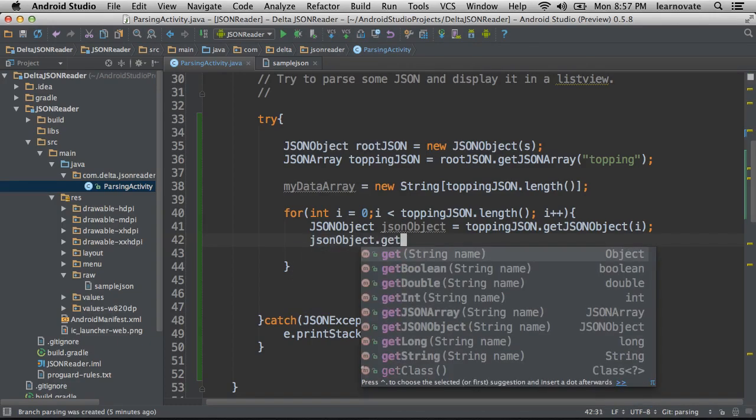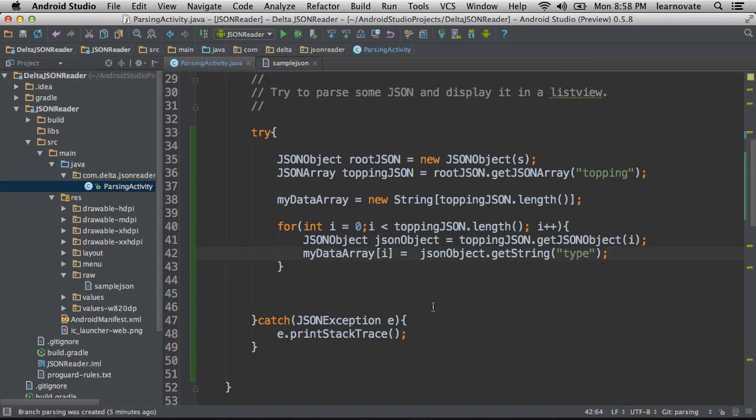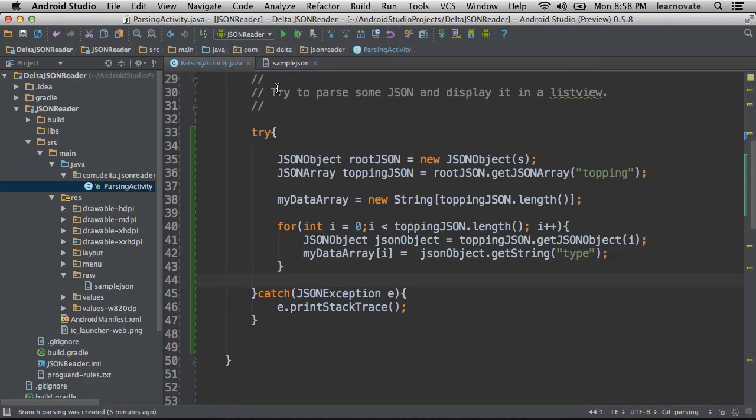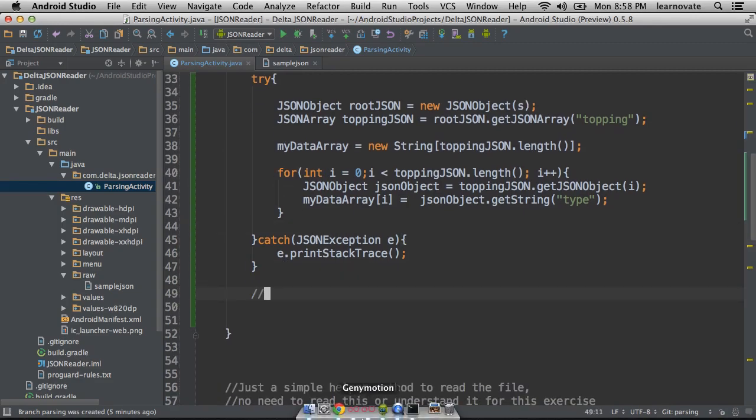Now, you use root JSON and JSON object to describe your naming system for these JSON objects. Everything is pretty much a JSON object. A JSON object contains JSON objects. Well, they're not all JSON objects. Sometimes they're strings, sometimes they're arrays. JSON object is one of the things. That's probably not the best thing I could have called it. I probably should have called it something like topping object to specify what it represents in this data structure. Otherwise, it gets a little too generic. Yeah, so that's my bad. I could have done better there. Well, maybe they'll do better.